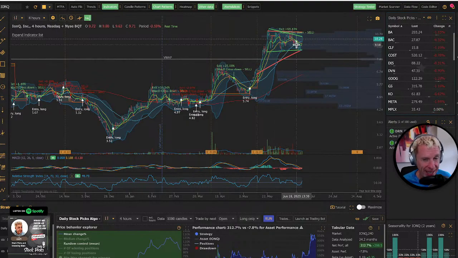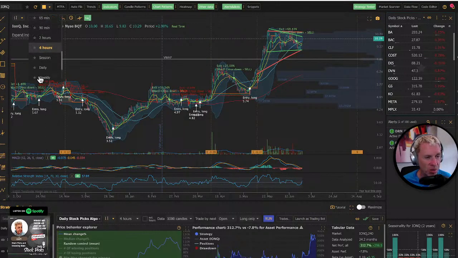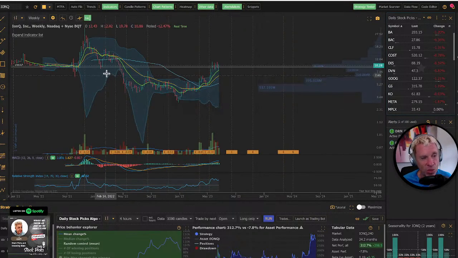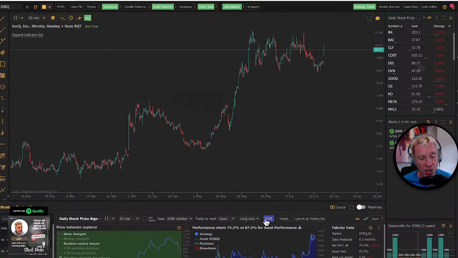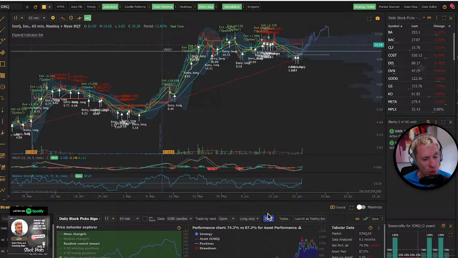So maybe Brandon's still holding it, but it looks like it may be going for a second leg, a second run. Let's look at long term on this one. I am not in this one. I don't plan on getting into this one. I think he's YOLOing it. But IONQ, there were a couple of people. It's been nuts. What I want to show you is the 65-minute algorithm on this one, because I do think that this one could absolutely be traded in the 65-minute algorithm, and it will save you on the downturn.